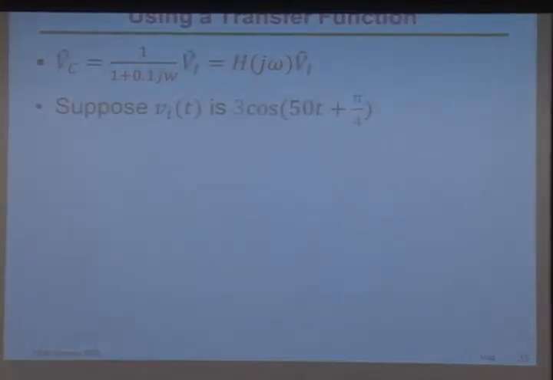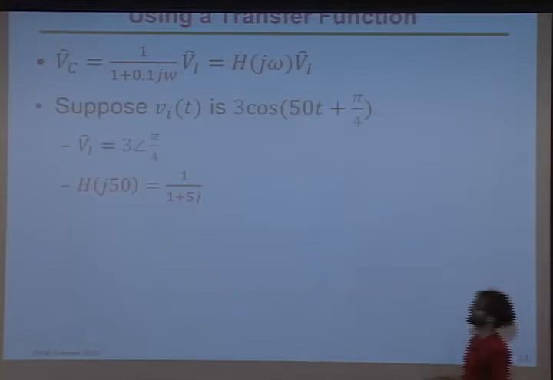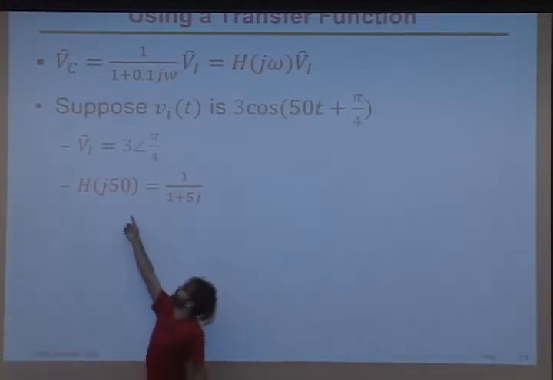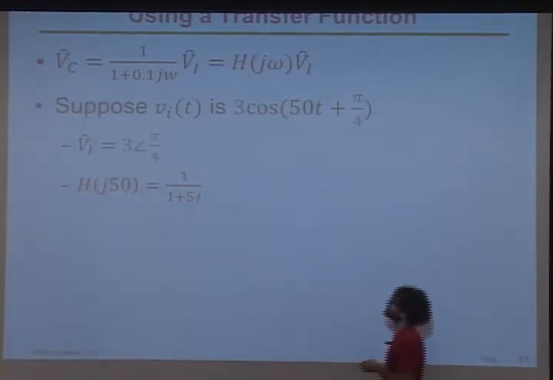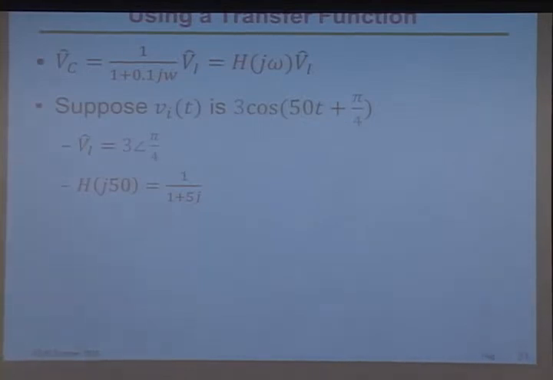So if you wanted to use the frequency response in the most obtuse way, you could figure out how it will respond to a 3 cosine(50t + pi/4) signal. So all you would do is figure out the magnitudes: you write your signal as a phasor, your frequency response as a phasor, and this is kind of where you're using the transfer function. As you're saying, omega is 50, okay? If omega is 50, then you can combine them. At 50,